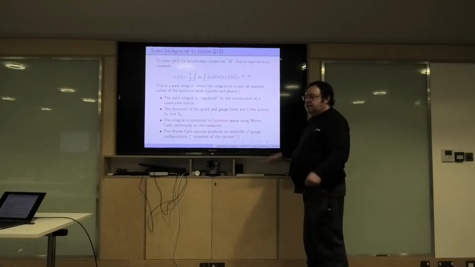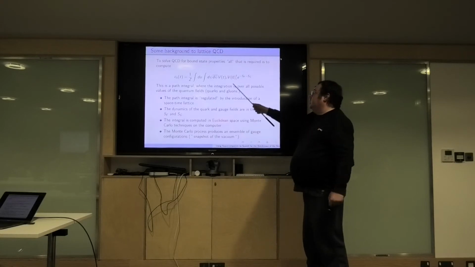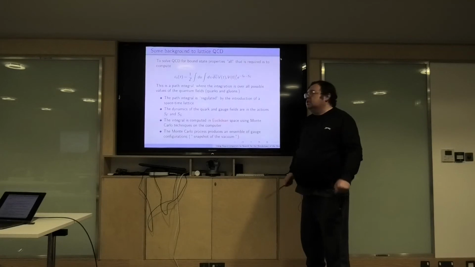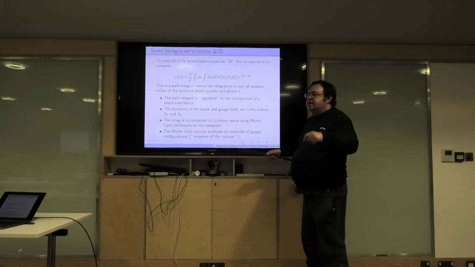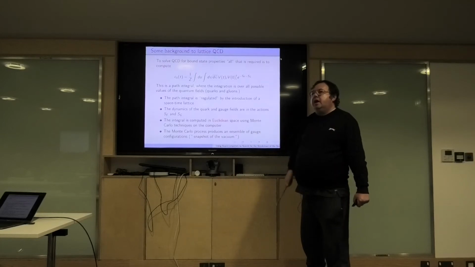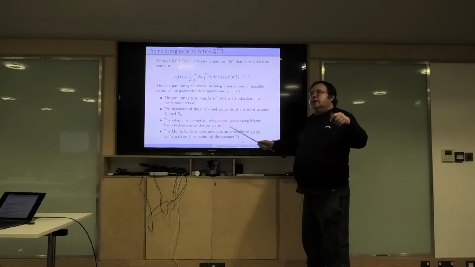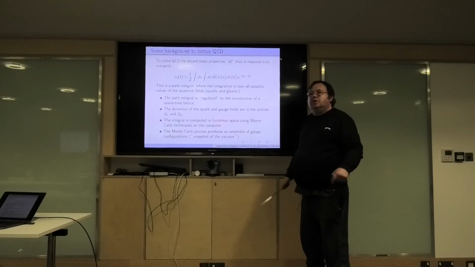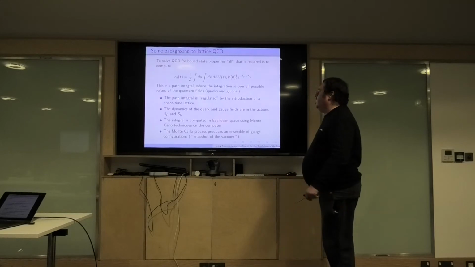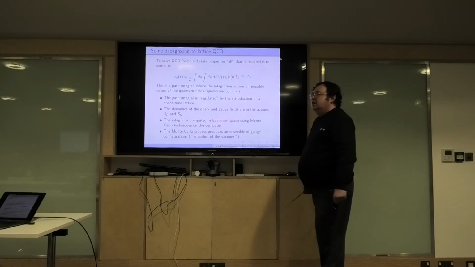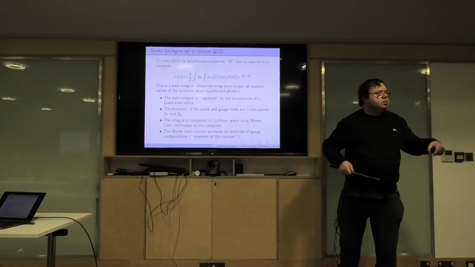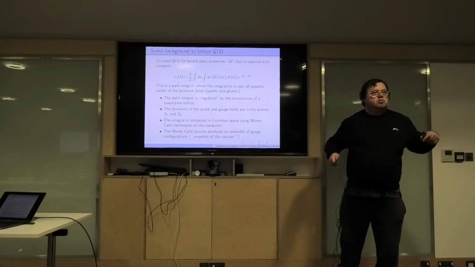Okay, the trouble is, this is an infinite dimensional integral. Infinity is always difficult to deal with, so we regulate it, as the fancy word goes: we introduce a space-time lattice, introduce some points everywhere. That converts this thing into a big integral, which is hard to solve, but at least it's similar to other things. And what we do is use something called the Monte Carlo method, which just means lots of random numbers. We also use analogies with statistical systems, but the Monte Carlo method is essentially using lots of random numbers.